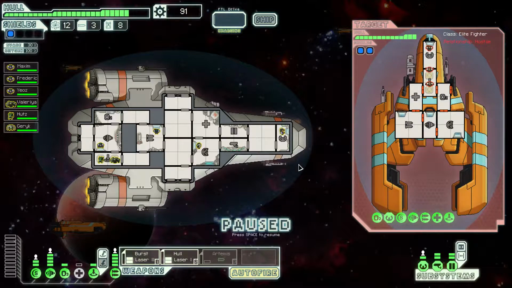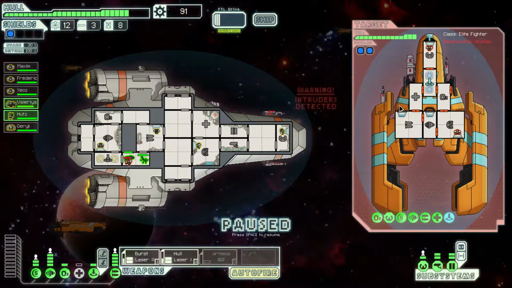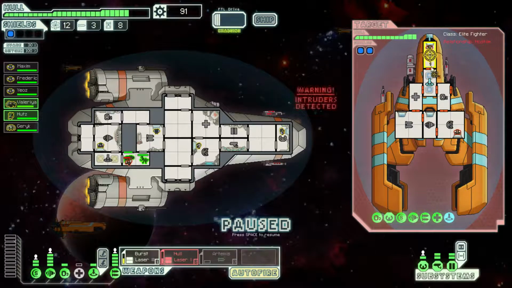Alright, 3 humans. Let's see this hull laser in action. Hey, you're going to come play with me? That's not smart. Let's use the burst laser on the cockpit. They have no rooms that have no systems in them, so unfortunately the 2x damage bonus is going to be useless. But still, it's an extra 2 damage every X number of seconds. So we'll shoot that on top of the...